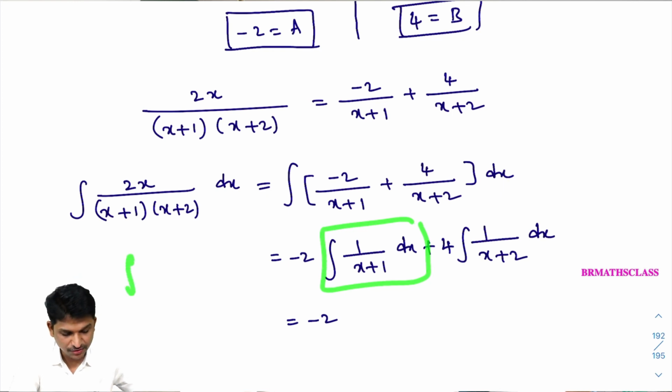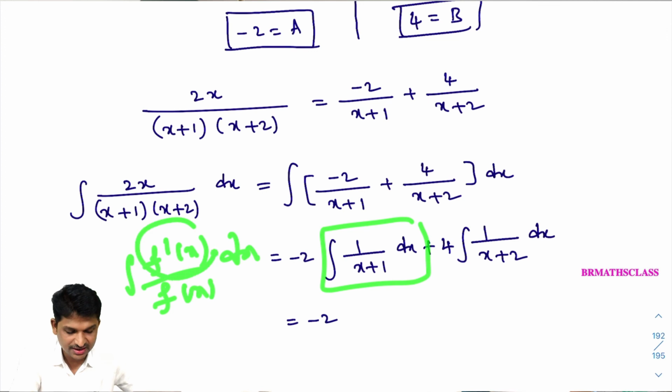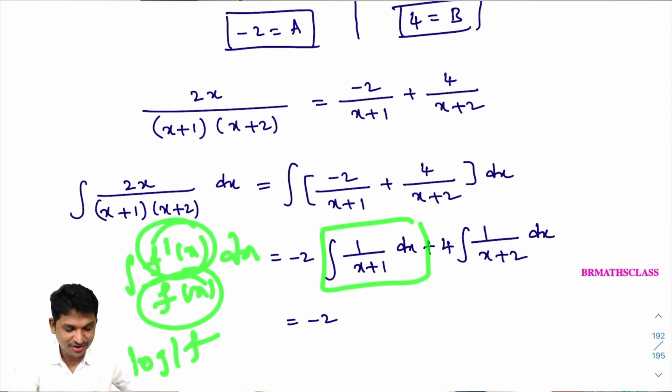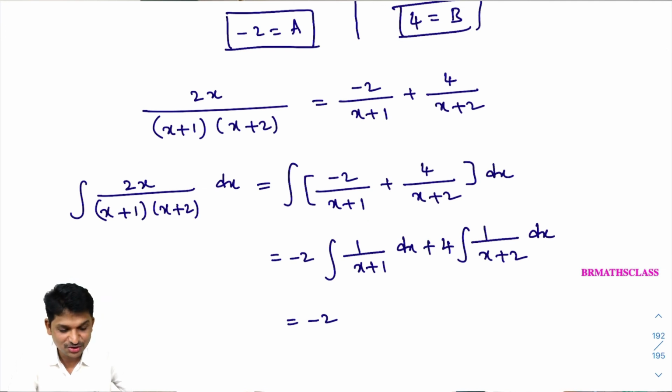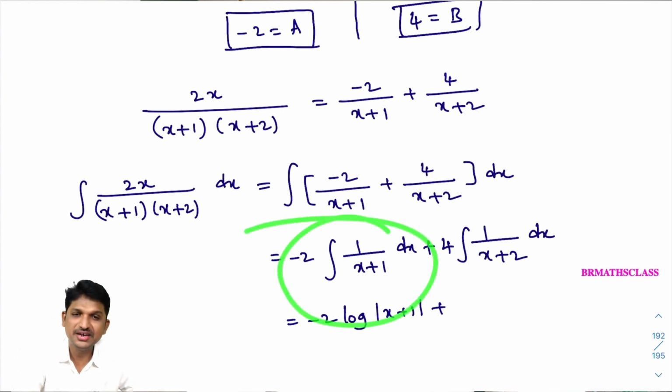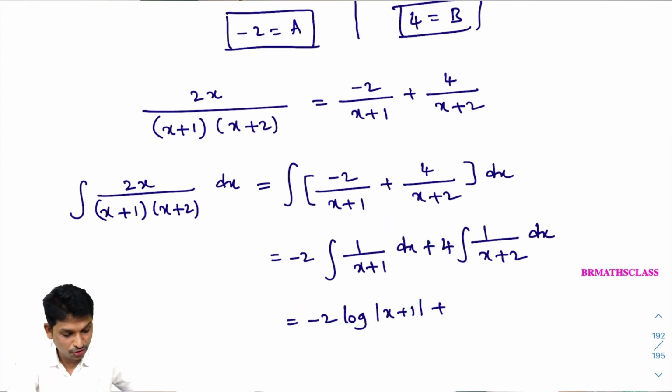This integral is of the form integral of f dash of x divided by f of x dx. If the numerator is the derivative of the denominator, then its answer is log mod f of x plus c. We know that now. So what will you write here? This is log mod x plus 1. See, we used this formula so many times, right? Plus 4 into,